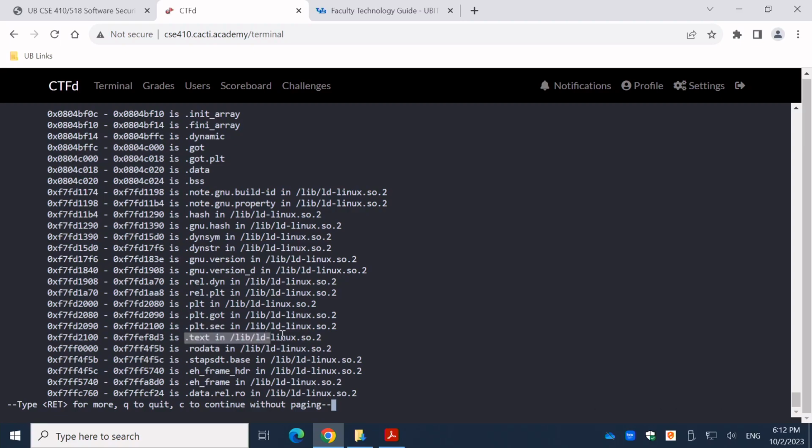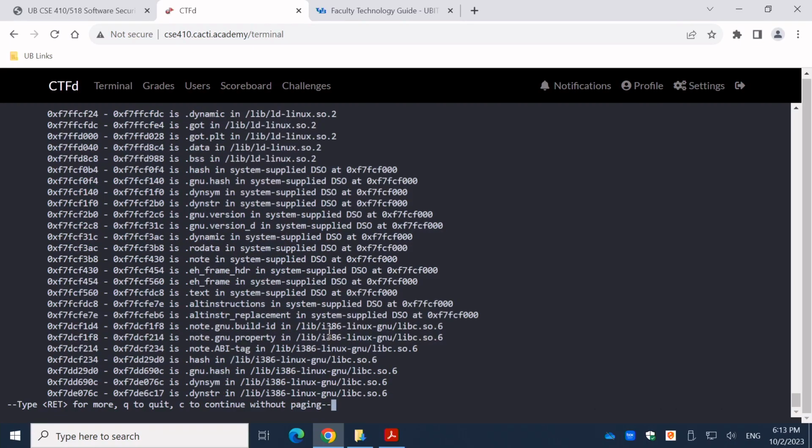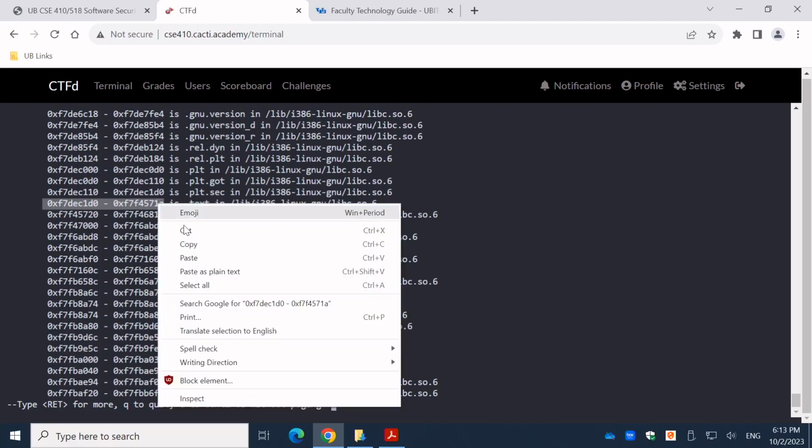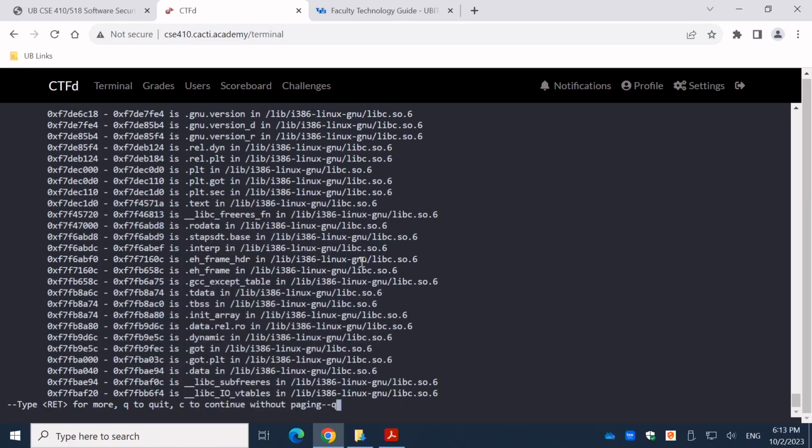So let's say this one looks like no. This could be the libc, or it could be the loader. Oh, here is libc. This is libc. Then we find the text in libc. Okay, here, this one. That's the region. So